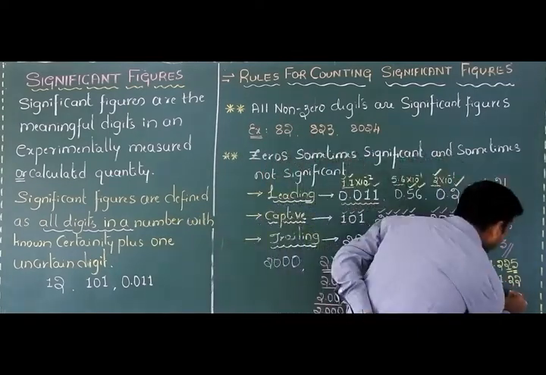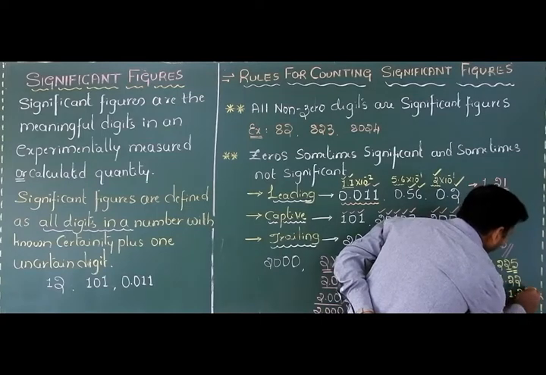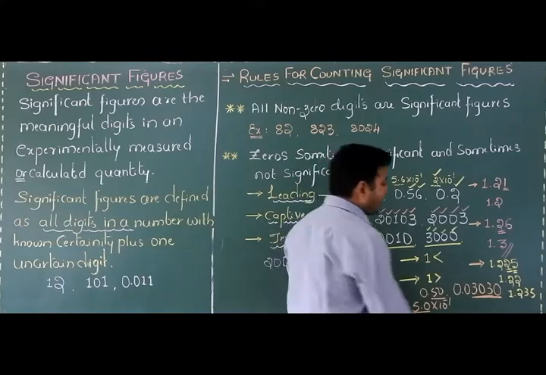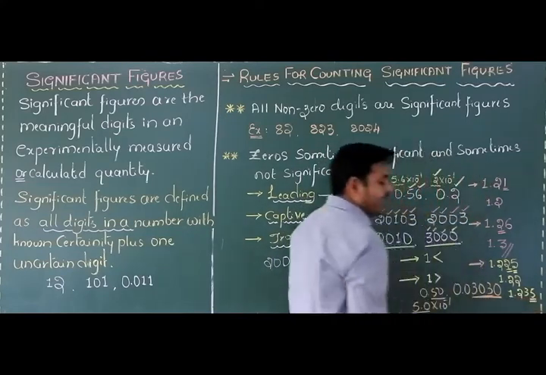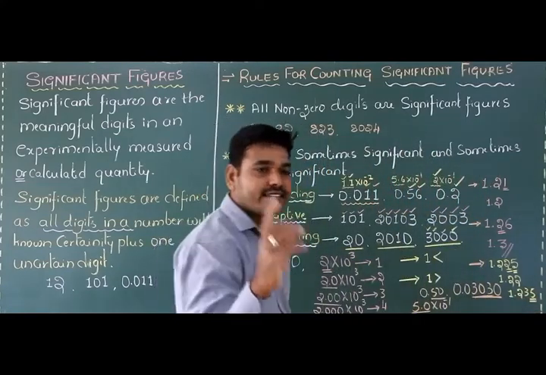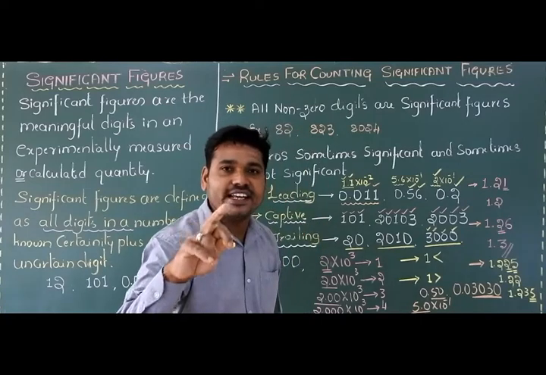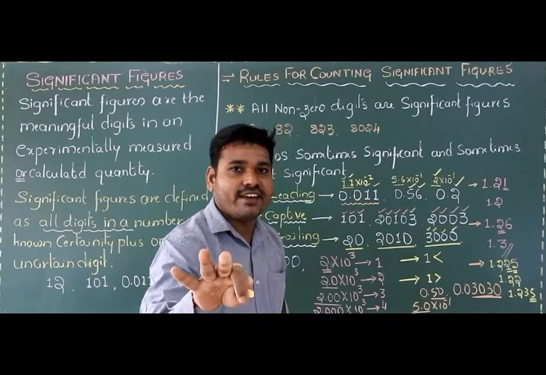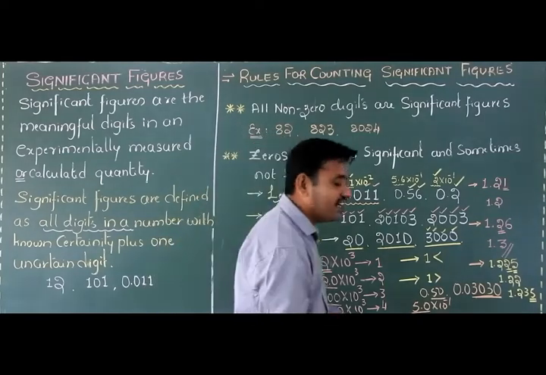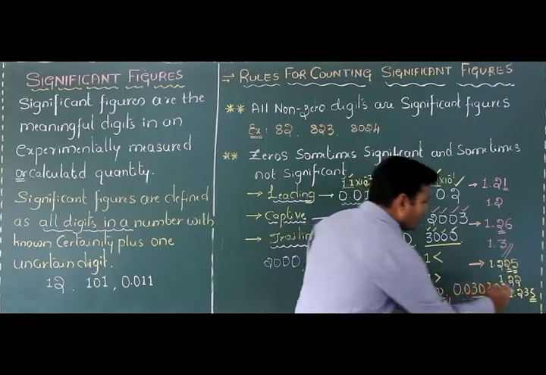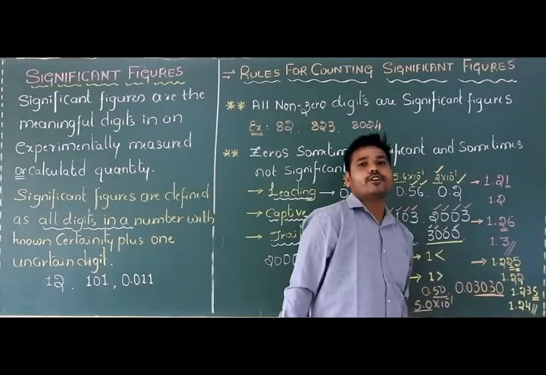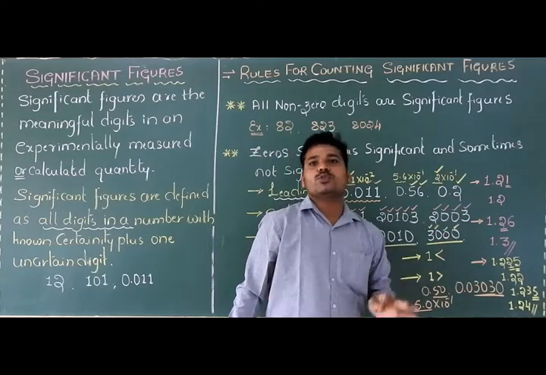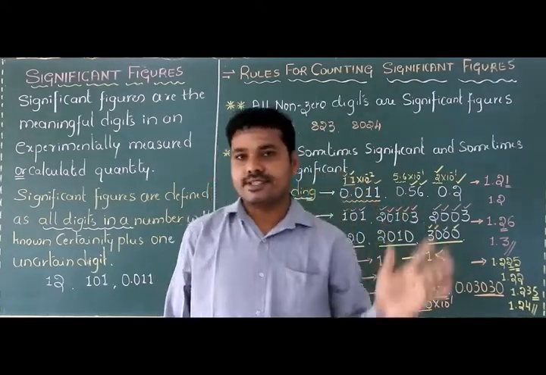ಸೊ ಲೆಟ್ ಅಸ್ ಟೇಕ್ ಎಕ್ಸಾಂಪಲ್ 1.235. 1.235 once again is equal to 5 means the last significant figure is increased by 1. When is it increased by 1? Only when the last significant figure is an odd number. So here 3 is odd, so 1.24 students. Okay, so all these are nothing but rules for rounding of the numbers.